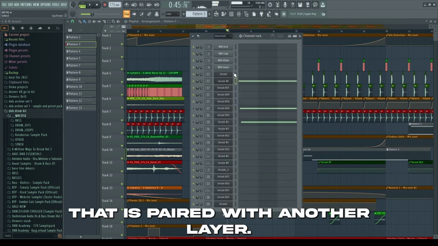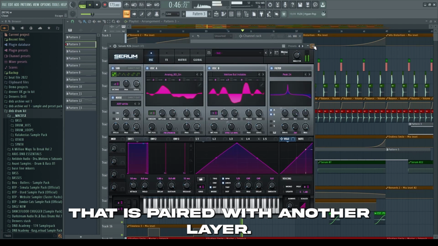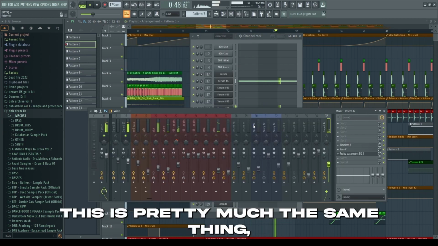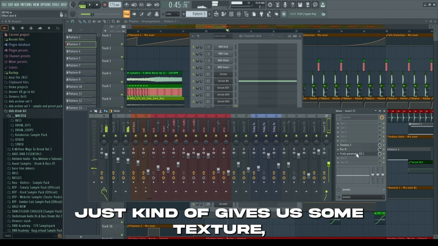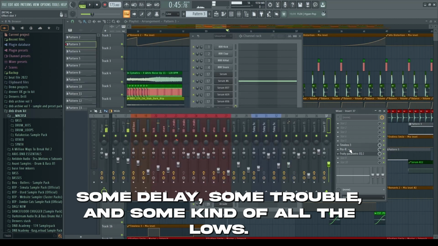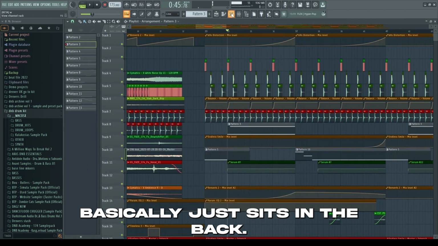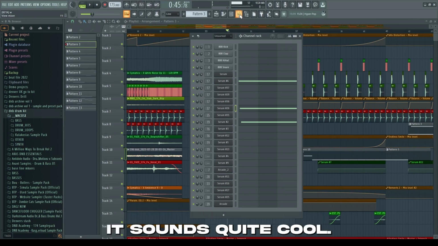That is paired with another layer, which is pretty much the same thing, but really reverbed. Just kind of gives it some texture, some delay, some Pro R, and some kind of all the lows basically. Just sits in the back. It sounds quite cool. And then the sub,